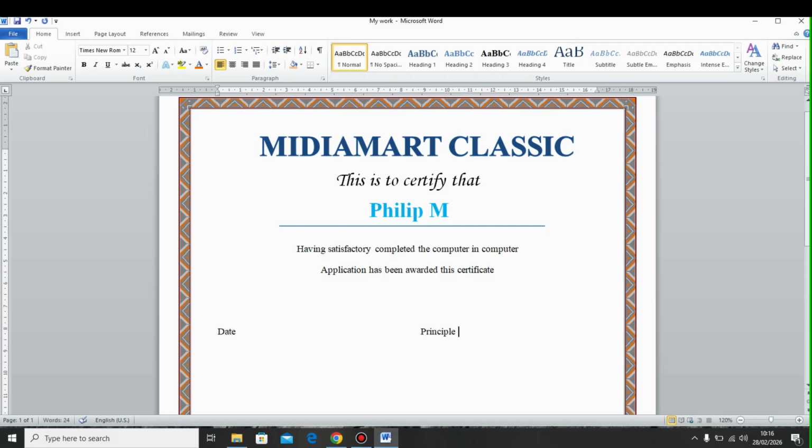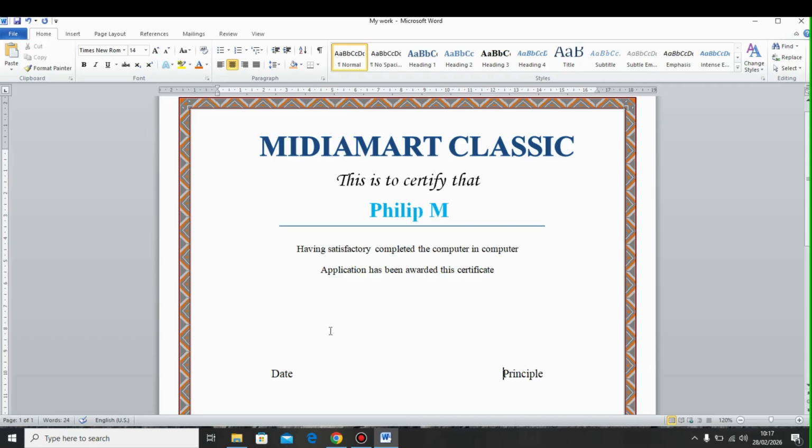The principal like that, like there, and then you drop it, you put it in the middle like this. So I'll have no choice than to increase the font like that. This one I can bring it closer like that,